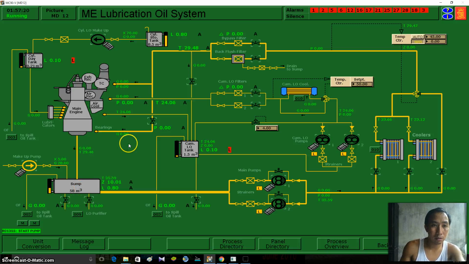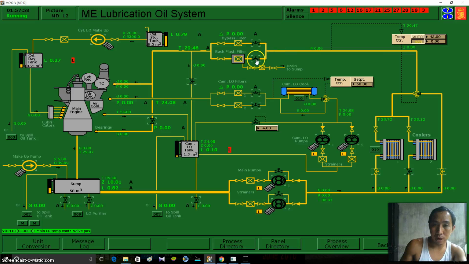we're going to fill another tank, lube oil. Okay, so while filling the two, again, we're going to fill the camshaft lube oil tank by checking this line. We're going to check the line from our sump tank going to the pump. So from pump passing to our cooler, again, we need only one cooler. And this line for our three-way thermostatic valve, so this one.